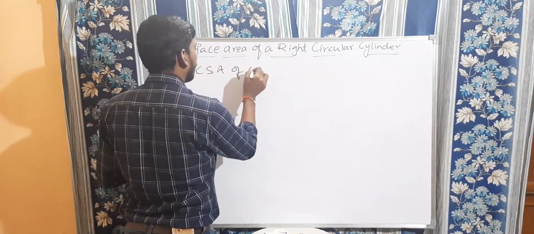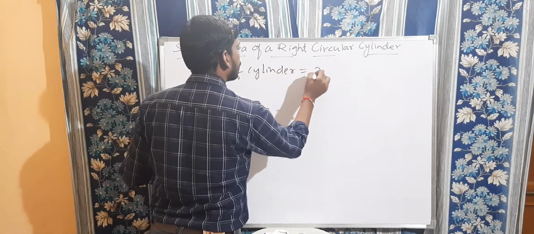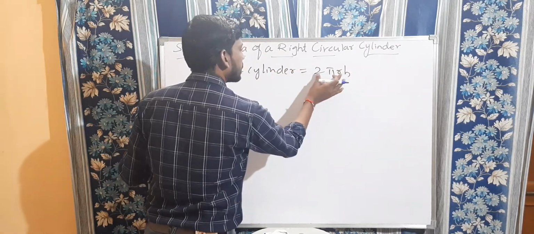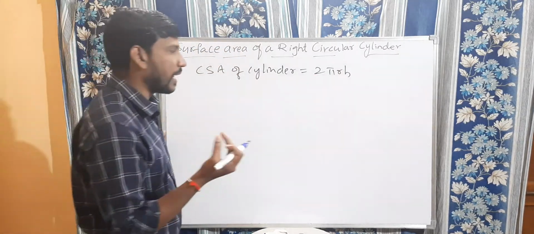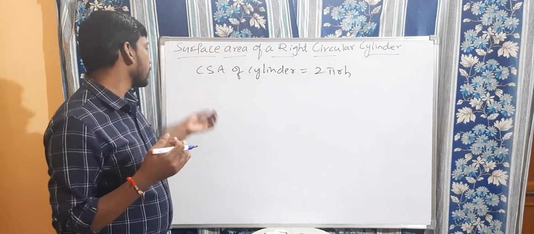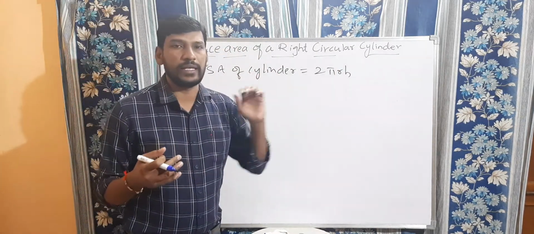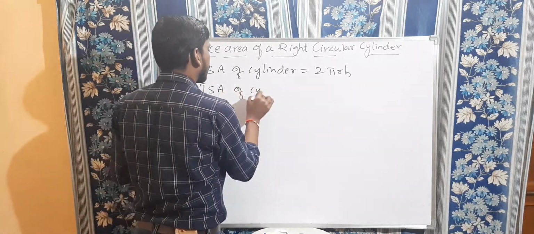CSA of cylinder is equal to 2 pi r h. That is the circumference of circle into height. The circumference of circle is nothing but 2 pi r, into height. It gives the curved surface area of the cylinder. Now TSA of cylinder is equal to